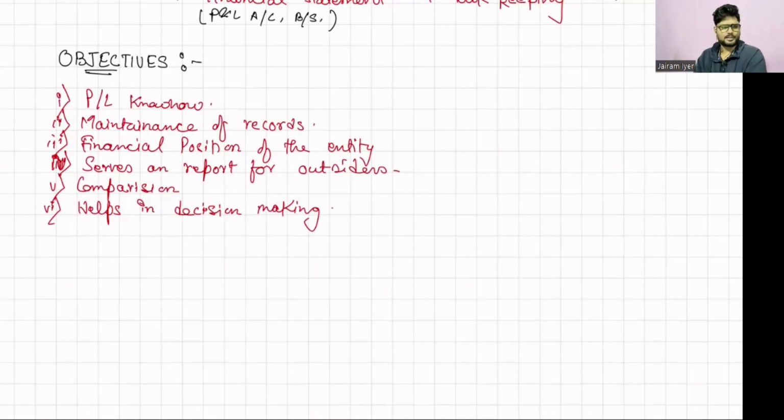We started with the very basic thing, bookkeeping, which is at a grassroots level just recording, where no principles have been followed. It is a mere record for us. Then financial accounting, where recording, classifying, and summarizing, that means journal, ledger, and trial balance,